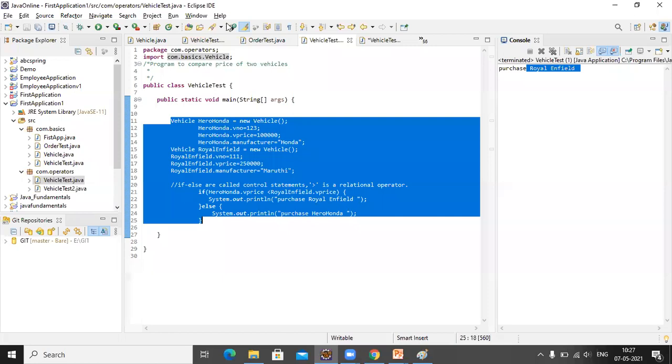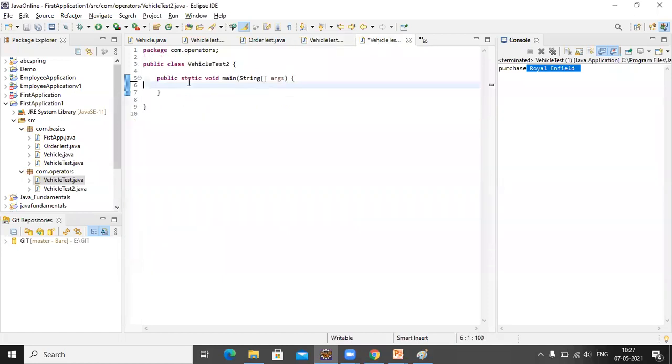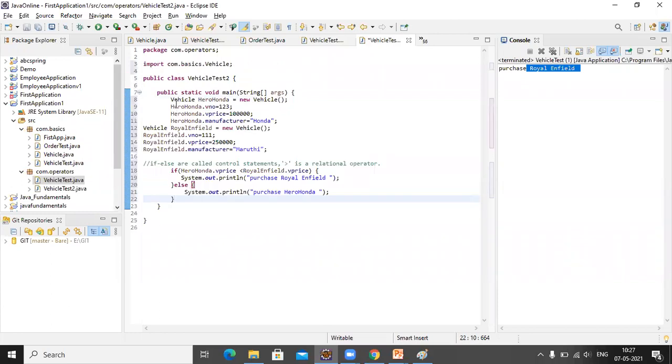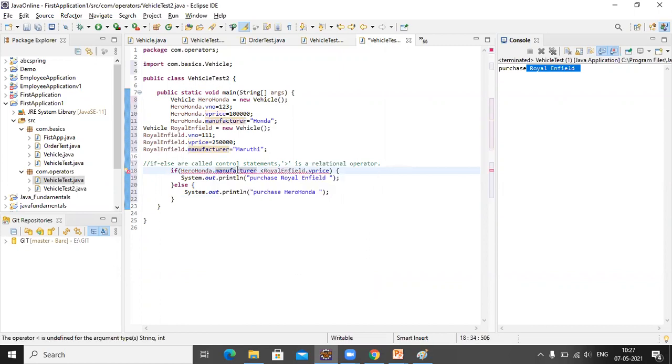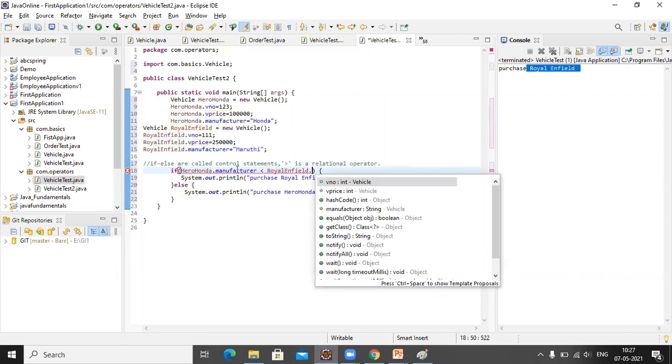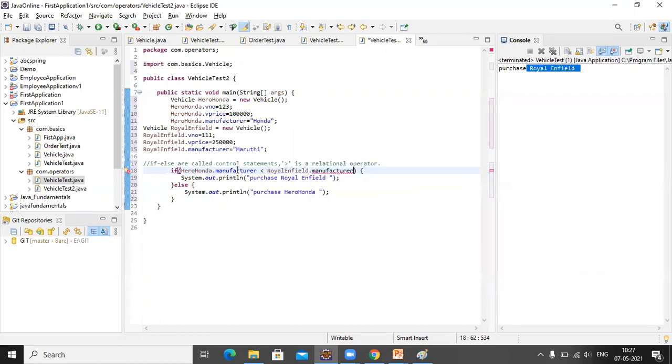Control C, Control V. Okay. So same details I have taken, but here I'm using if Hero Honda dot manufacturer equal to Royal Enfield dot manufacturer.